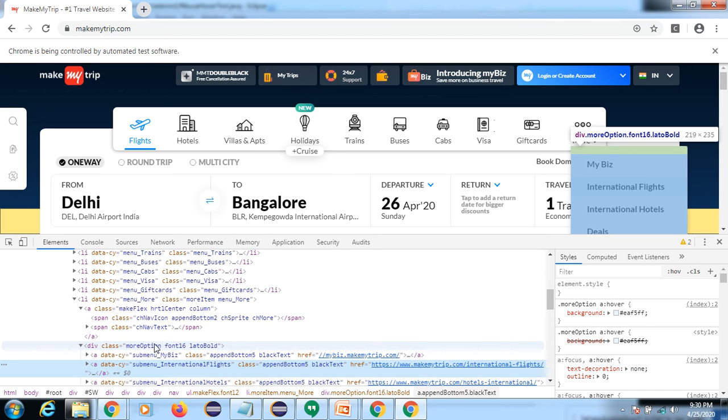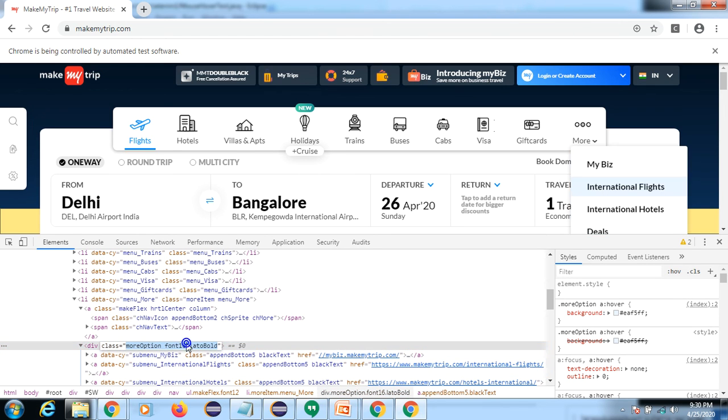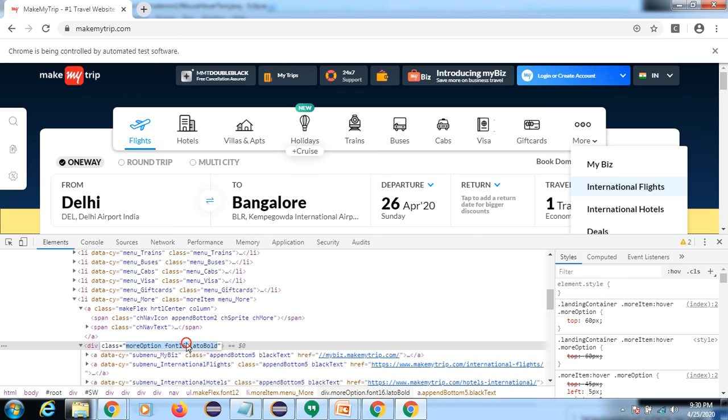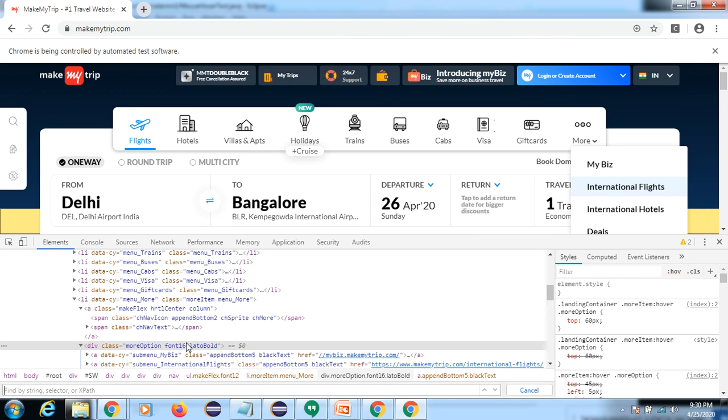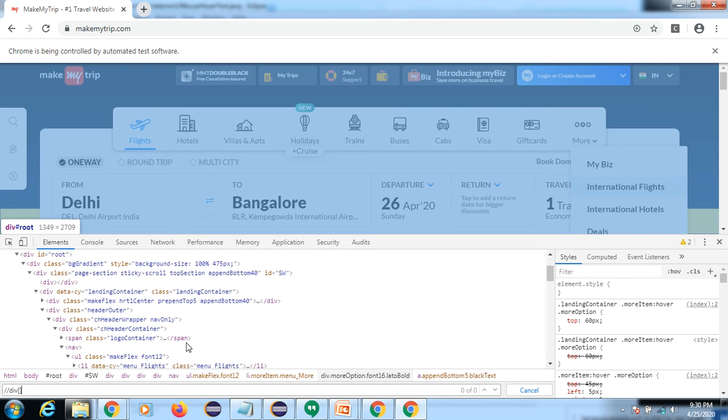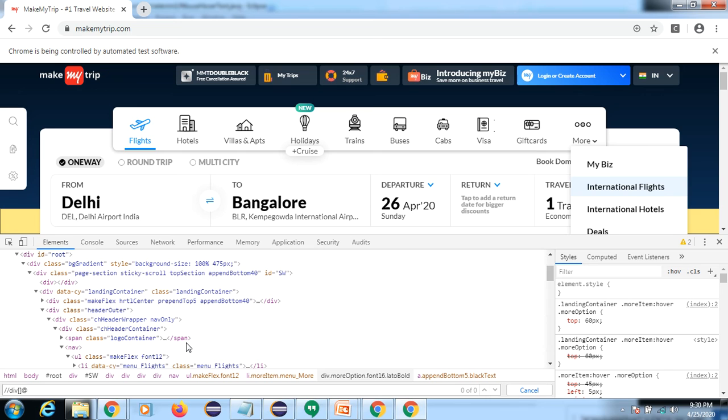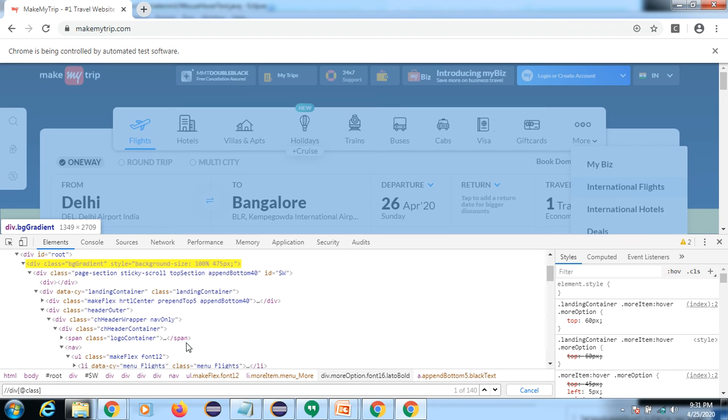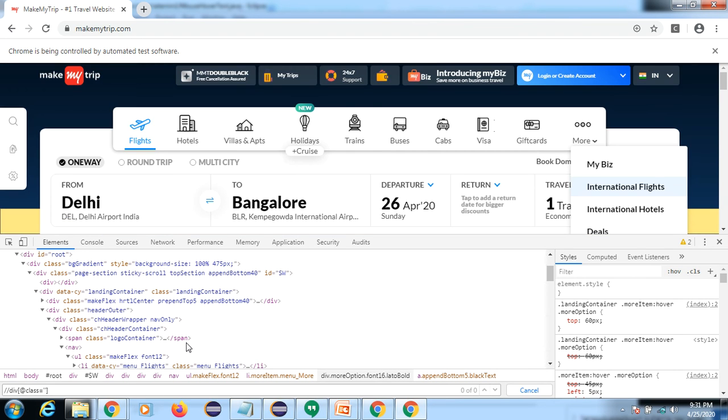So this class is there, so we can use this class inside this. Before, the li tag was there; here we have an anchor tag, I will show you. So it depends upon your element, we need to check this. You can do more and more practice.